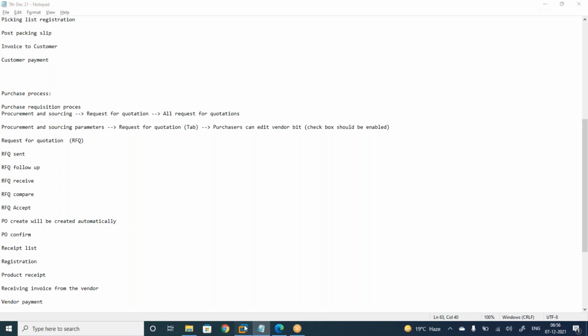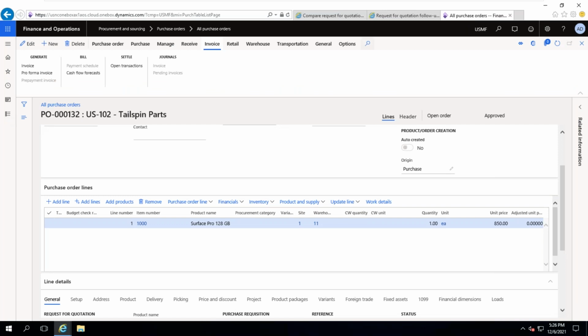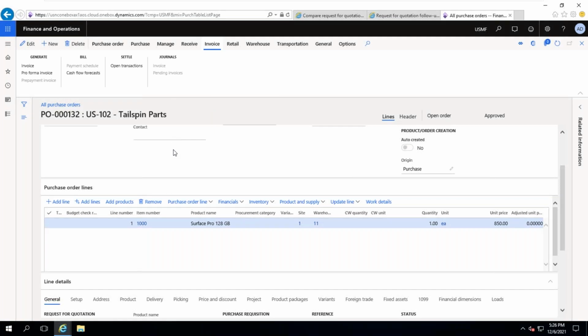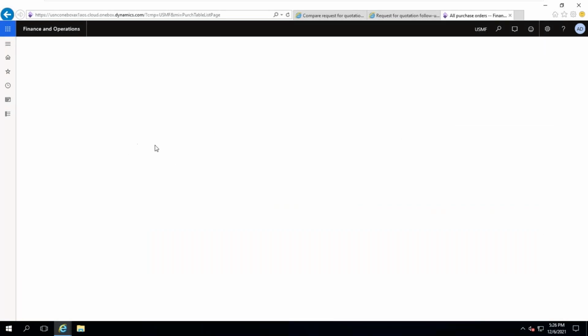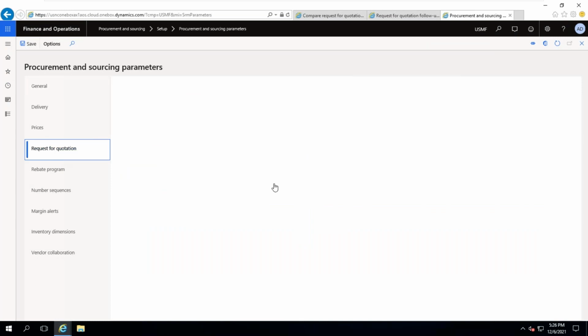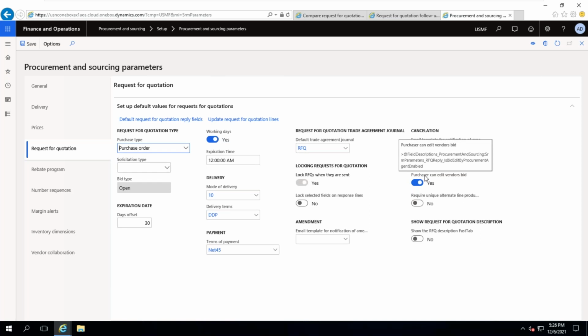Fine. Now, what is this checkbox? Like procurement and sourcing parameters, why was it not enabled? Rather than entering by me, majority of times I don't want to enable this one. The reason behind it is that the vendor will update these details. How will he enter the details? We have in